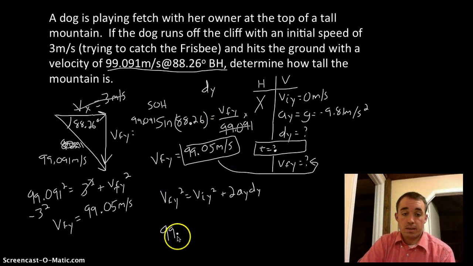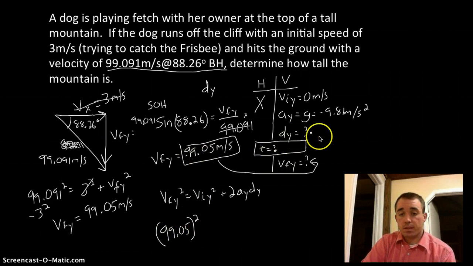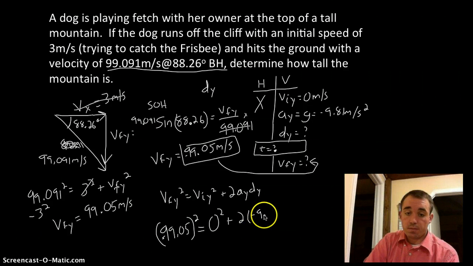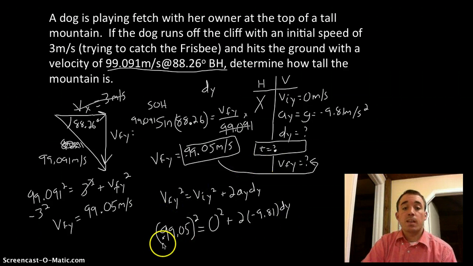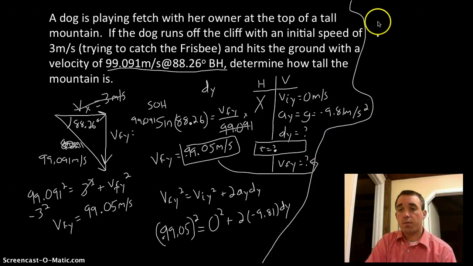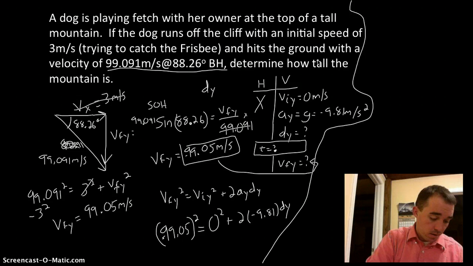VFY we know, 99.05. And really it should be a negative because it is going down. But when you square a negative number, you get a positive back. So in this case it doesn't matter, but I really should have been more careful and put that negative in to begin with. 0 squared is just 0, plus 2 times negative 9.81 times dy. I'm going to come way up here. Sorry for confusing. I just want to make sure I'm not covering my face. 99.05 squared is